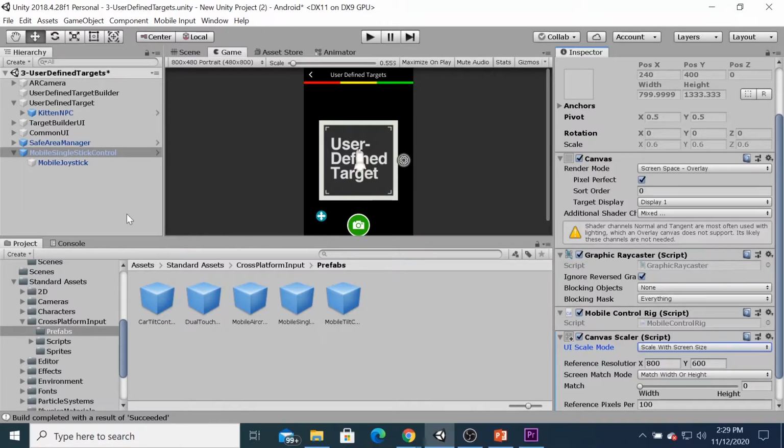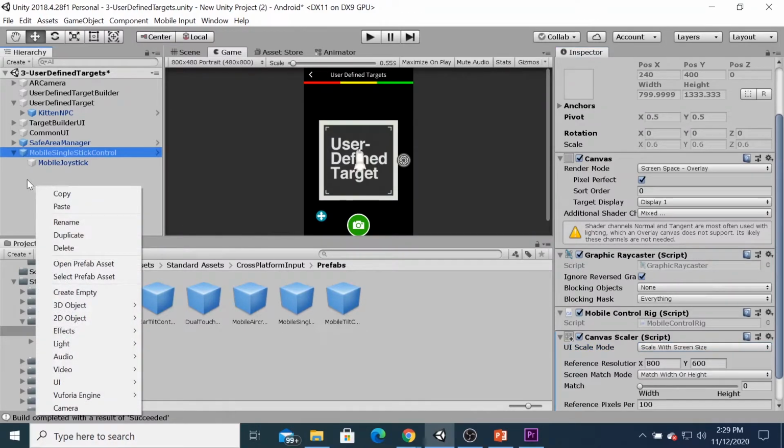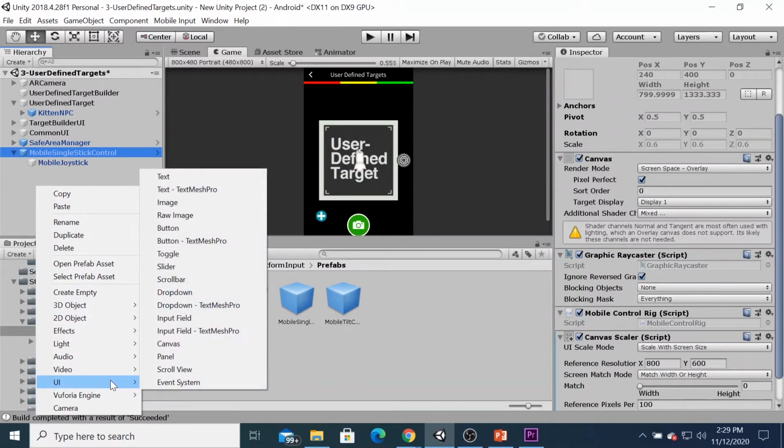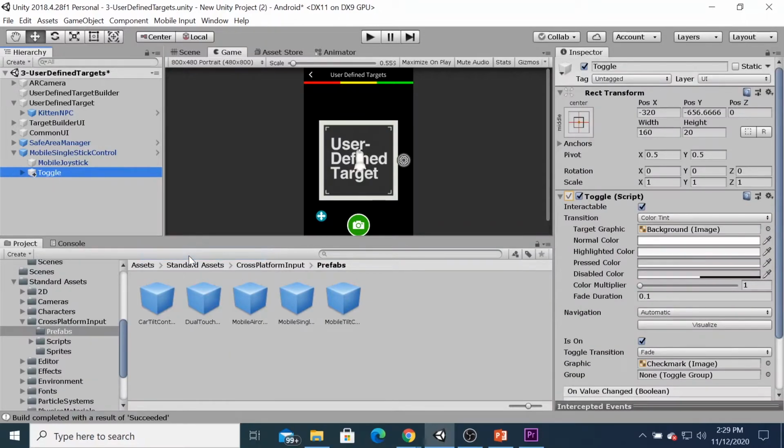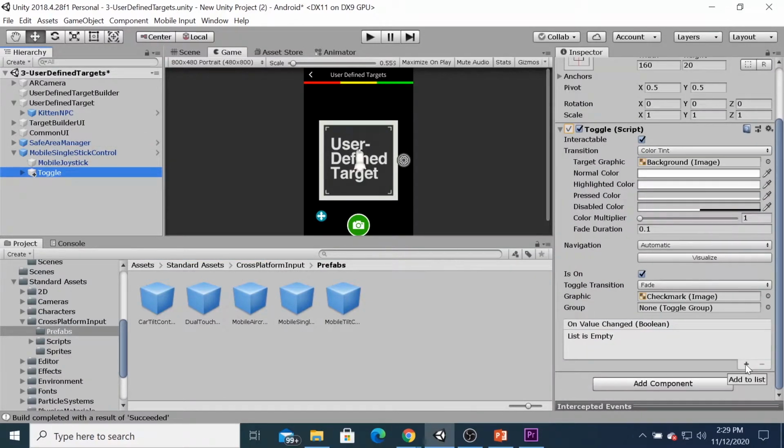Next one, we need to add the toggle here. You can click UI and then click a toggle here. You can select on value change, in the boolean plus here, and then in this object you can drag the kitten like this.